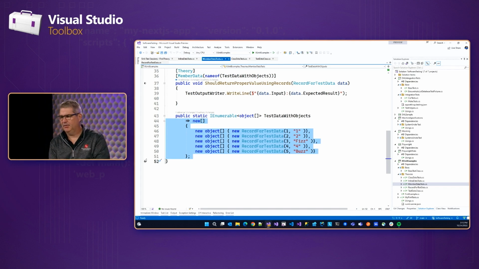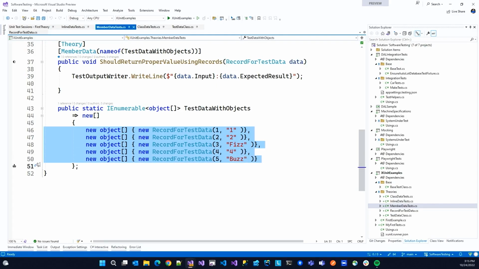Instead of having to type them all here, this could return the array by calling an EF Core method, or a repository method to get me back that array. I can use a projection to go from whatever my table is into this class. And now, if I want to change my test parameters, I add more data to the database, right? And so this will run, it'll call out.